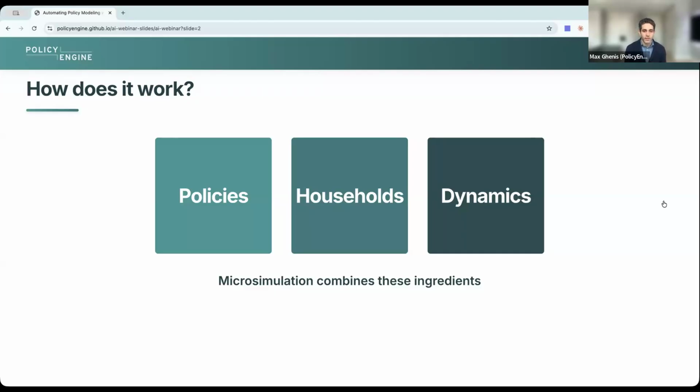Two, we then assemble a data set of representative households so that we can say not just this is affecting an individual, but society at large. And we have ways of constructing that let you aggregate the impacts. And finally, we incorporate economic theory so that you can say, here's the set of dynamics that might, if someone's marginal tax rate changes, maybe their labor supply is predicted to be affected as well. So we incorporate all three of those.